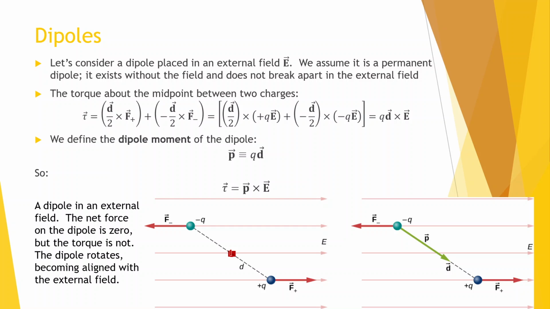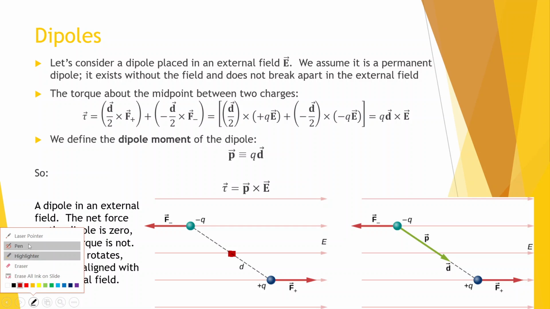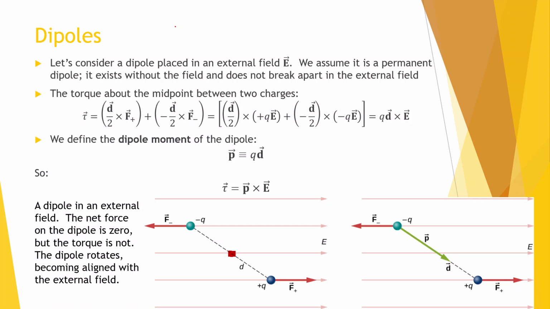Now remember how we can determine torque. Torque is equal to R cross the force between the two points. So R cross F. Let's see if I can draw it. Torque is equal to R cross F. Now we did look at torque when we were talking about